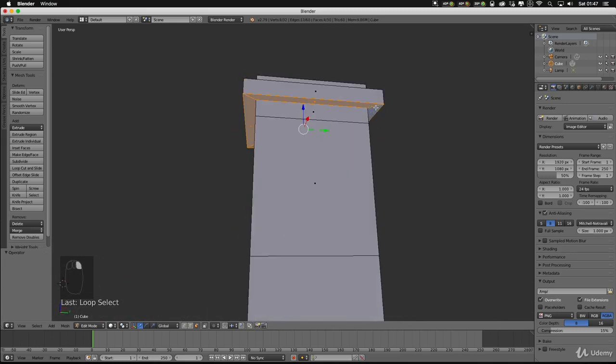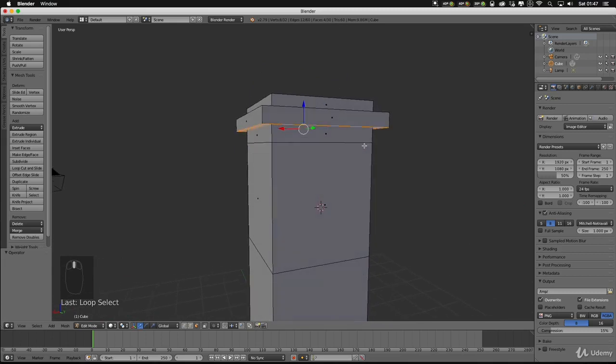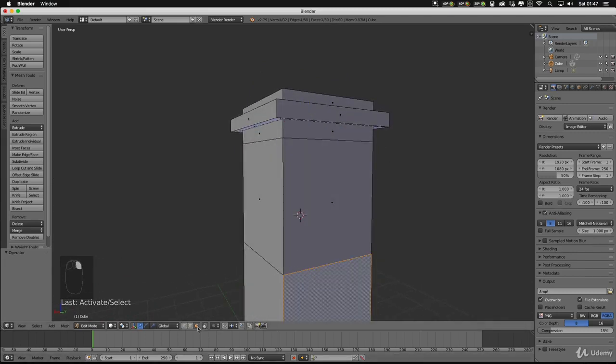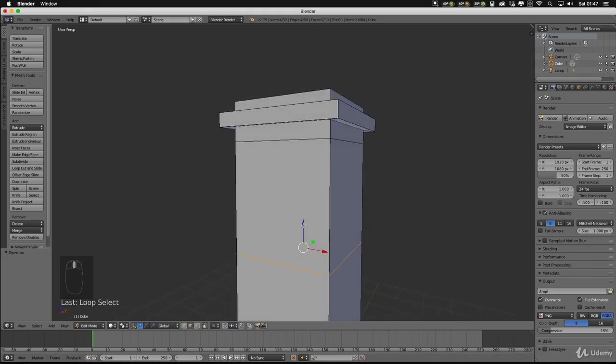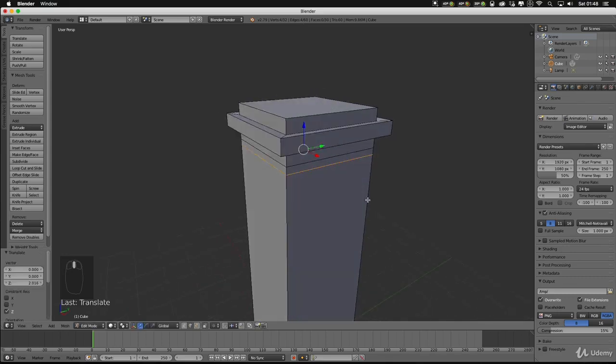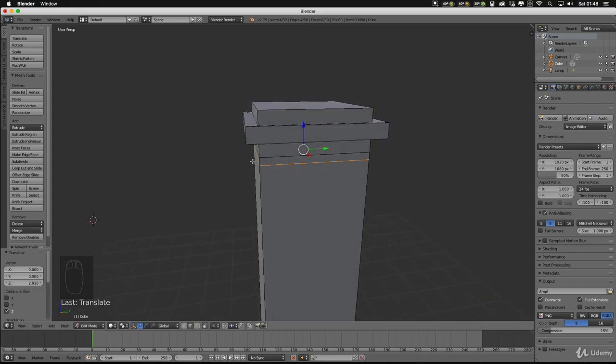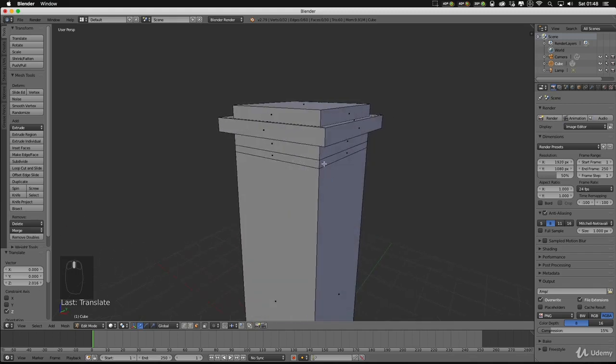So let's go back to edge select and then Alt and right click. Let's just move that loop up, and then we're going to extrude this loop. So we go over to face select, and then we want to select this loop of faces here.